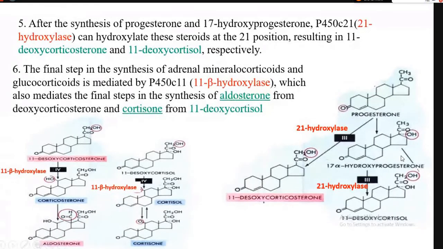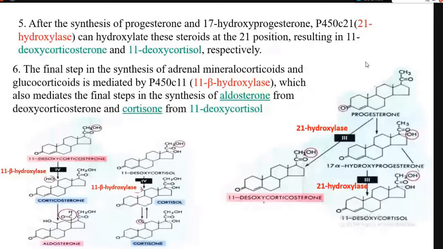So these steps are in Harper or Lippincott, or you can see Satyanarayan also, but not in much detail. But I am showing a very clear picture, which shows which atom is changed, which functional group is changed here, and at what stage. It is better to record my lecture, at least this lecture. Everybody should record this lecture, this figure and all these steps.